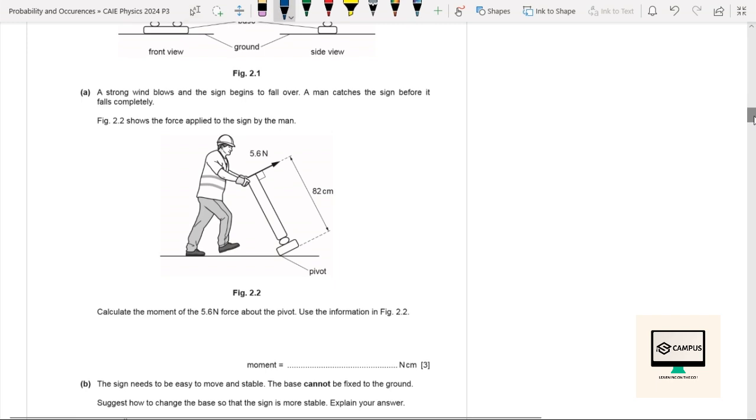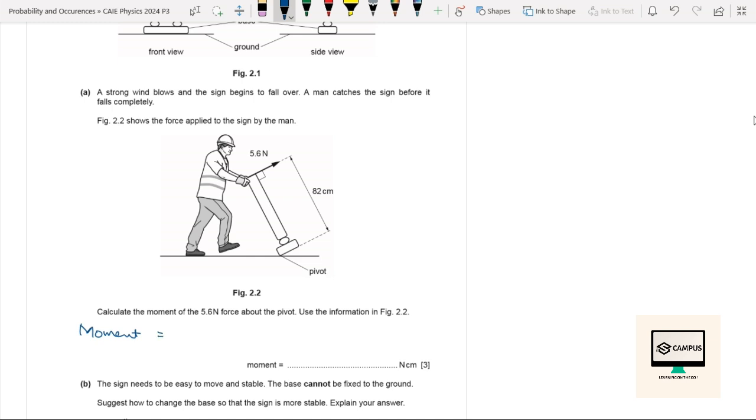Calculate the moment of the force 5.6 Newton which was applied by the man about the pivot, which is also shown here, and we have been given information in figure 2.2. We need to find the moment about this pivot point P. So now we know